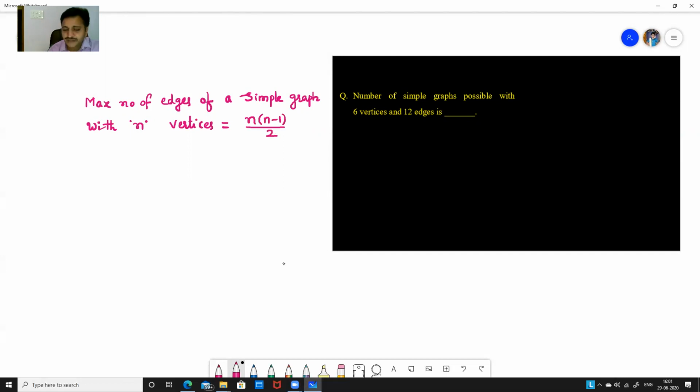We have discussed this formula so many times. Okay. Now for n is equal to 6,